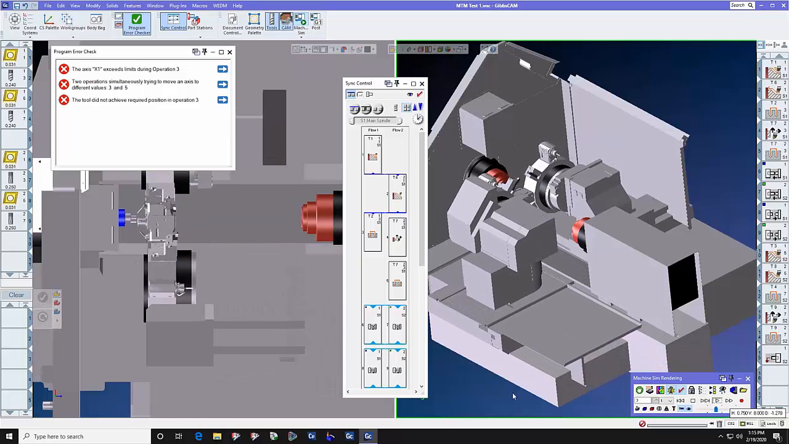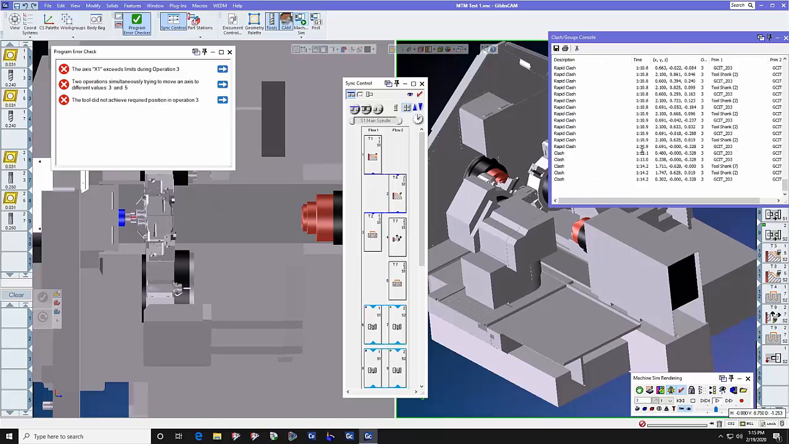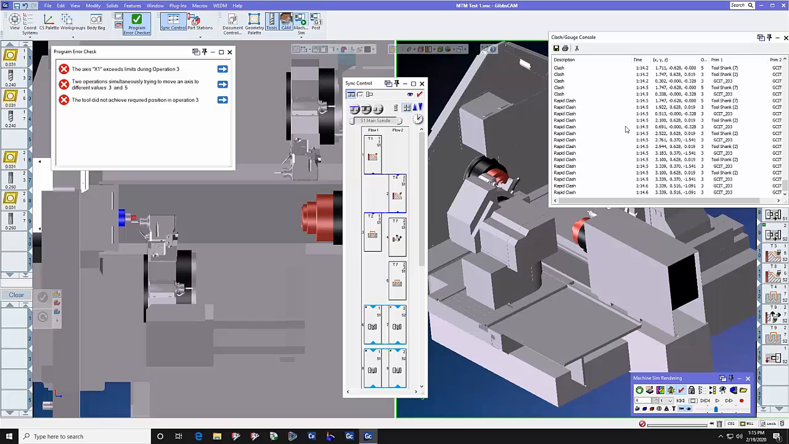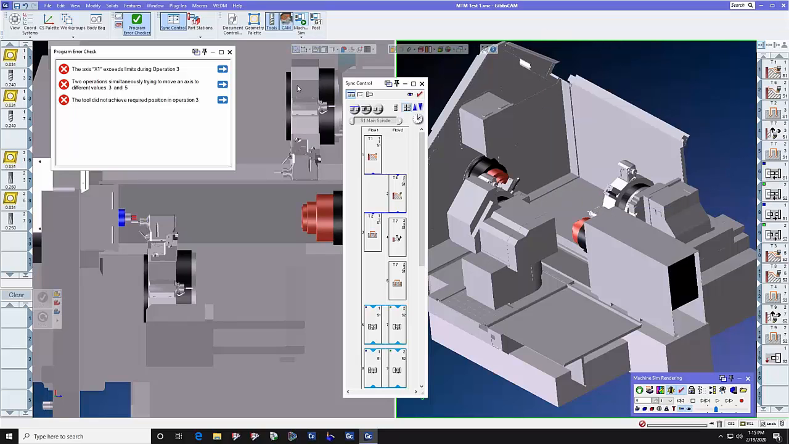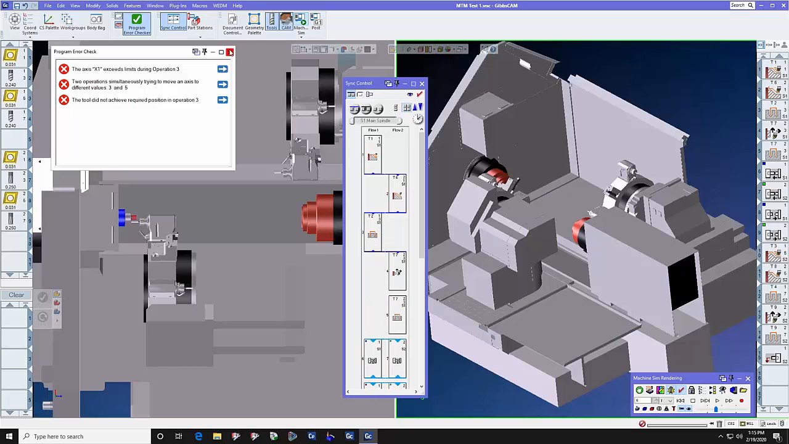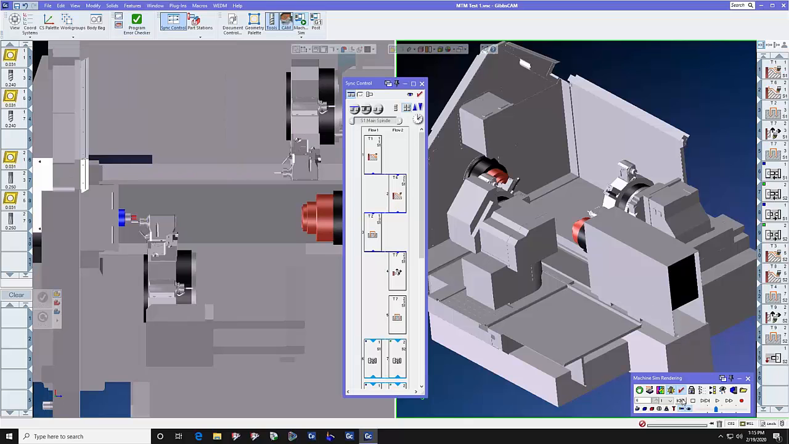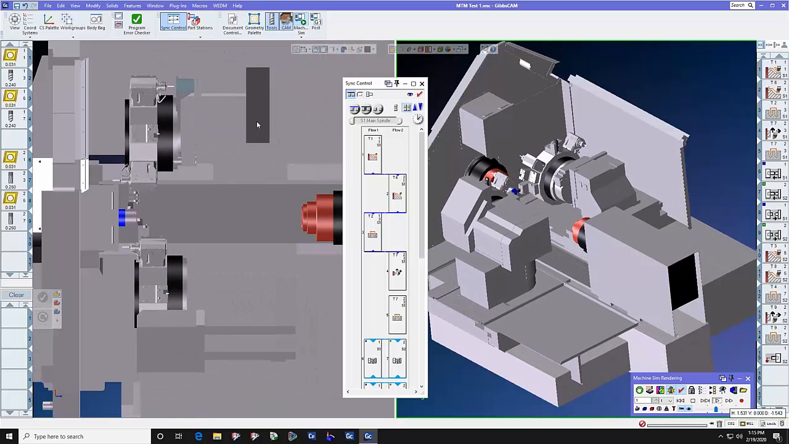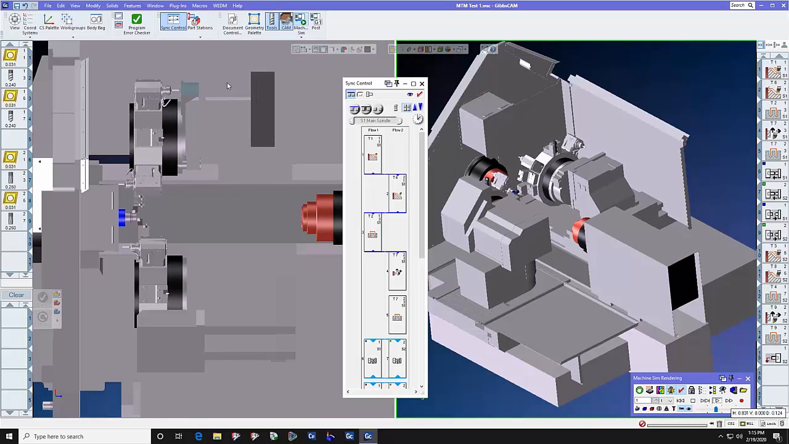Here comes the drill, and they're together, and now we have a crash situation, and the Clash Gouge console on the right actually told us what hit what, at which operation, and where to go to fix it. So what do we do? We go back to our synchronization manager, and we add the sync between Ops 3 and Ops 4. We go back and refresh the program error checker, and everybody's happy again. We're going to run this through again, and while it's running through, we are going to talk about the machine